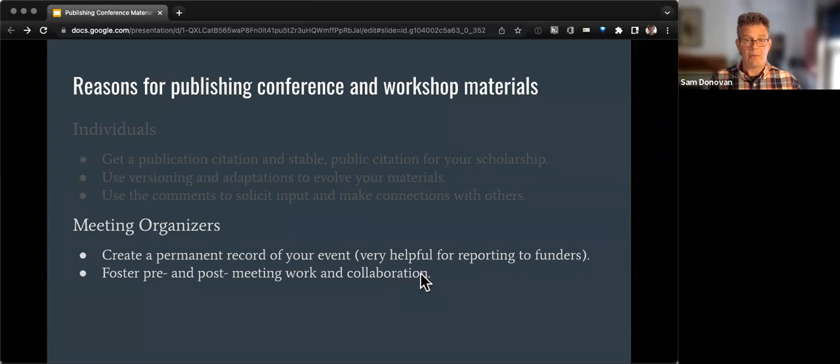So if you are organizing a meeting or coordinating individuals who are collaborating together, there are a couple of specific things that we think this system can be used for. Probably most important is that you are documenting your event in a significant way that both has rich content and a lot of stability. And we find this to be very helpful when we're reporting to our funders, that we can point to the products of that meeting, the contributions that members made, and we've gotten a lot of nice